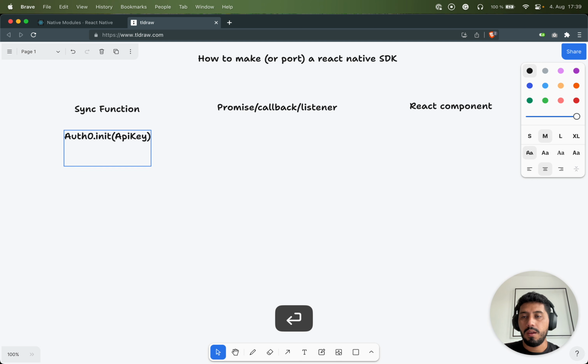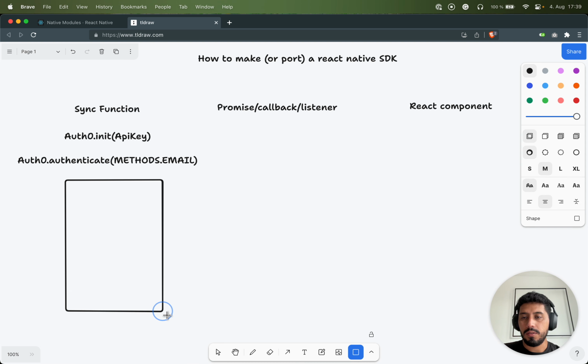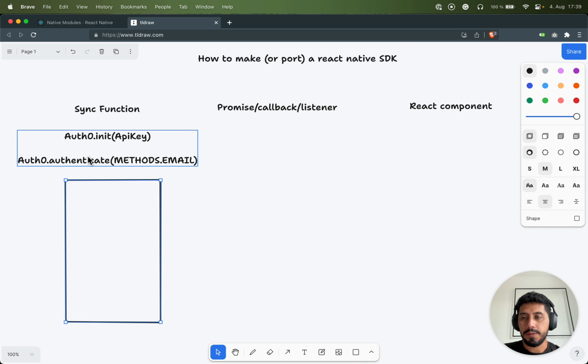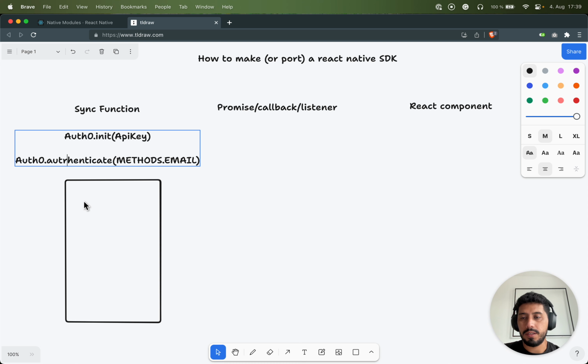And then what you could also do with auth0 is say authenticate. You probably have an enum somewhere in there, some methods, email, something like this, right? So let's say you have your React Native app in here. The first init call is not going to have any UI reflection, right? The user might not be aware that the SDK has been initialized, but this authenticate call can take over the entire application, right? So let's say